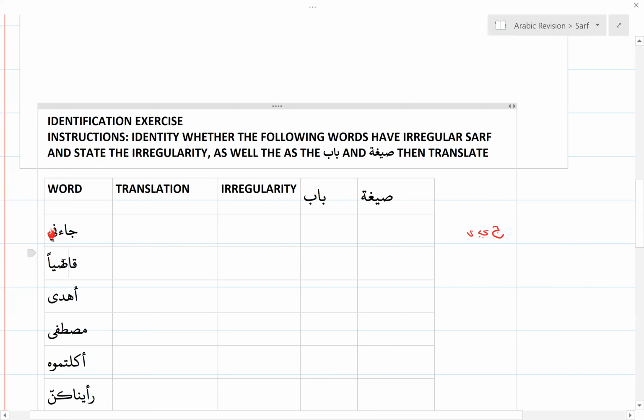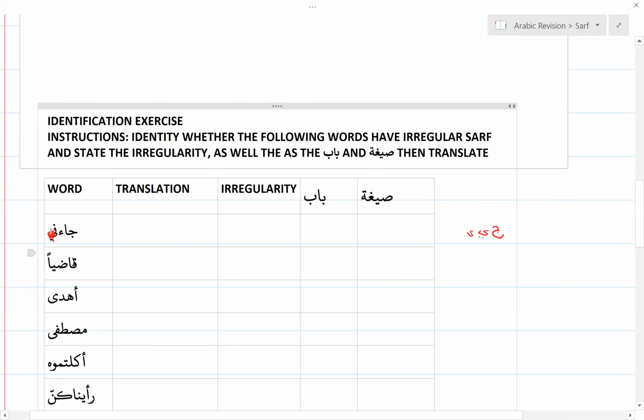So we're not really going to, basically we are going to think about the isms now. Because here, ja'a, we are thinking about madi, mudari', yeah? But here, because it's an ism, now we switch to isms. What isms do I know? I know ism fa'il, I know ism maf'ul, I know ism masdar, I know ism tafdeel, all the list of isms. That's where I tune my head. I'm going to start thinking isms.